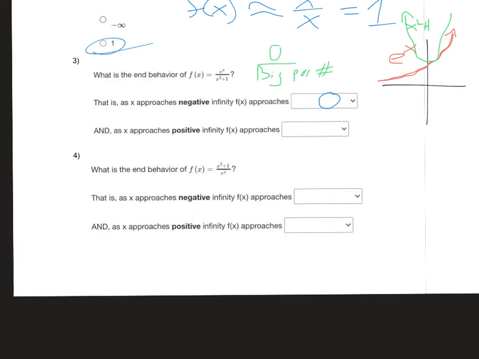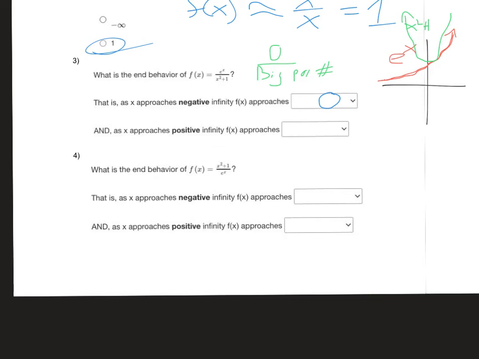Just plug in a couple numbers on your calculator and do e to that number versus that number squared, and you'll see that after you get past like 10, if not even sooner, the e number will be much, much, much larger. So we have, for this second one,